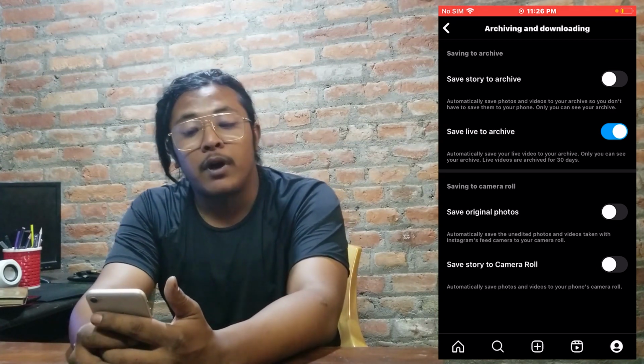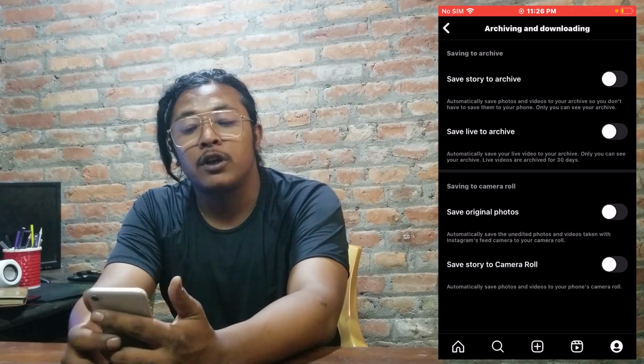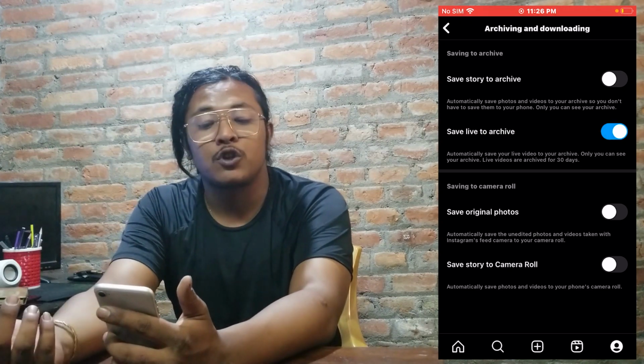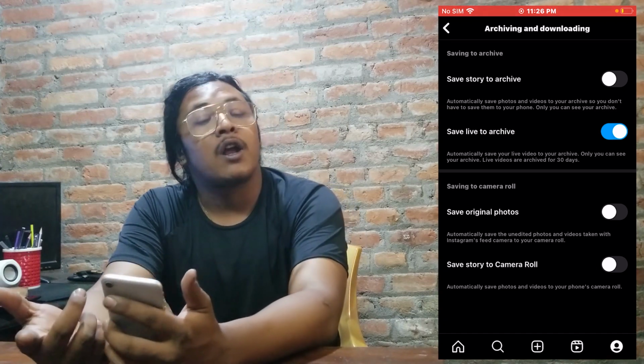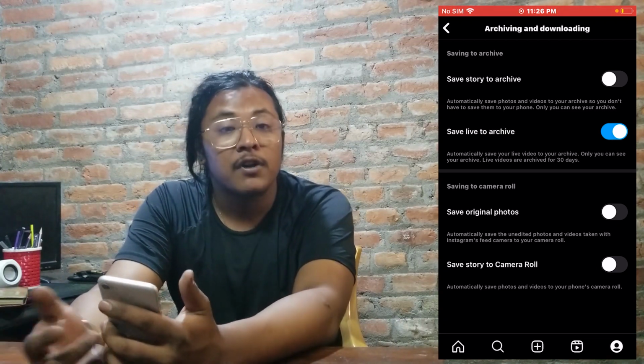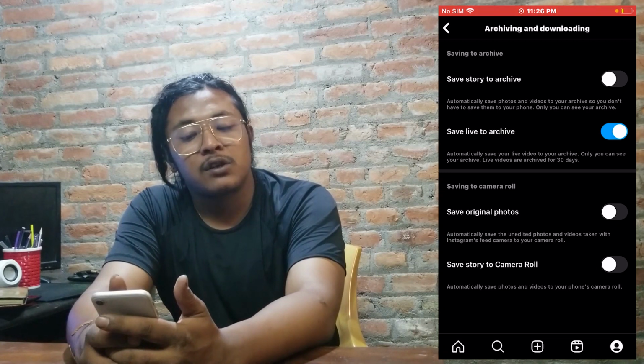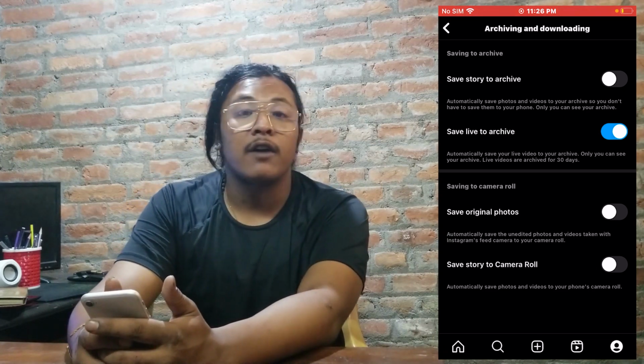So guys, by tapping on the toggle icon over here, when it turns blue, this feature will be enabled on your Instagram account and you will be able to save your live videos to your Instagram archive. And with that being said, guys, this is how you save your live videos to your archive on your Instagram